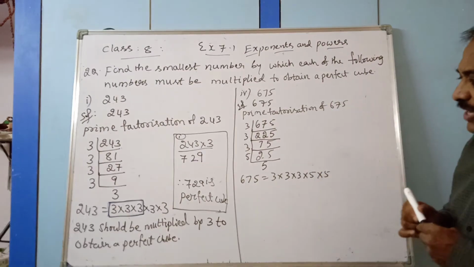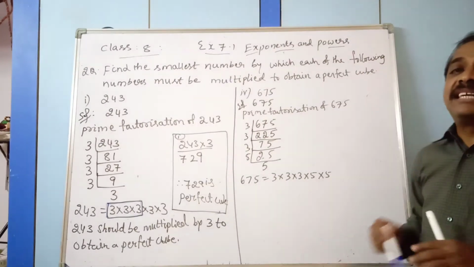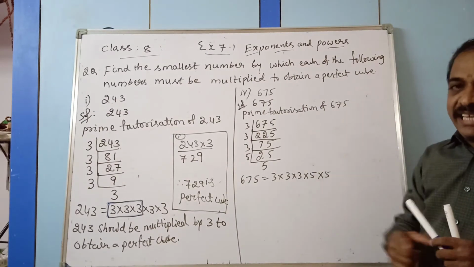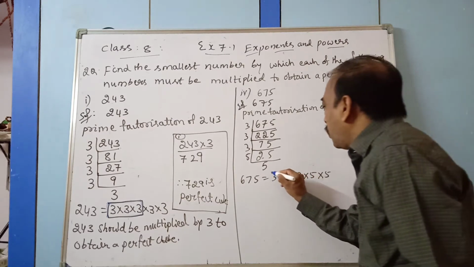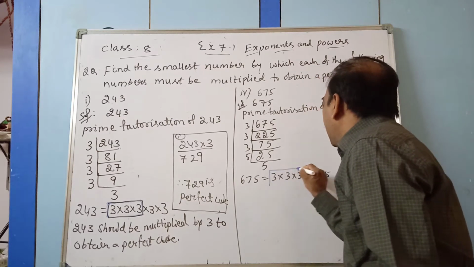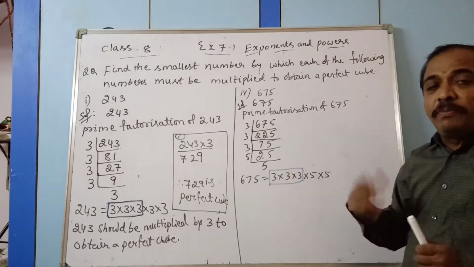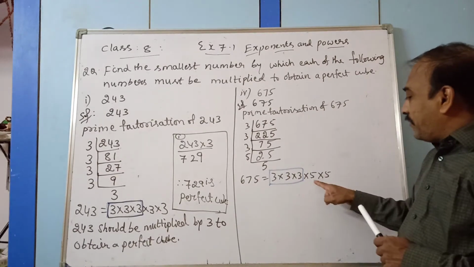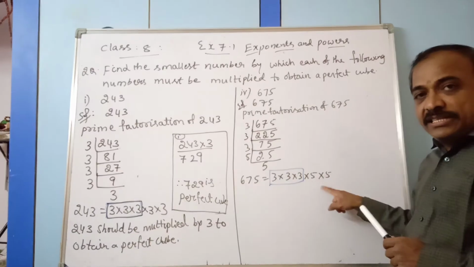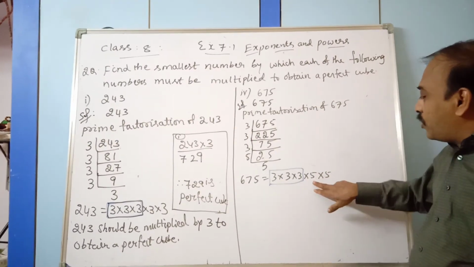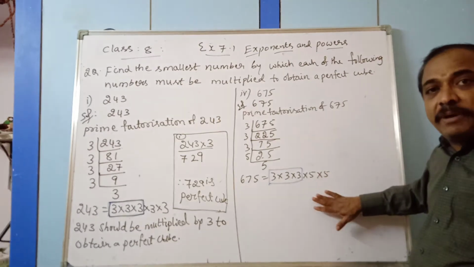Now what is the step we have to do? We have to make a triple of each number, which is repeating 3 times, those 3 as one group. So here these 3 are one group. Now you see which is not having one group, the 5, it is left over only 2 times. If it is 3 times, then it could be a perfect cube. So it is having only 2. That's why it is not a perfect cube.